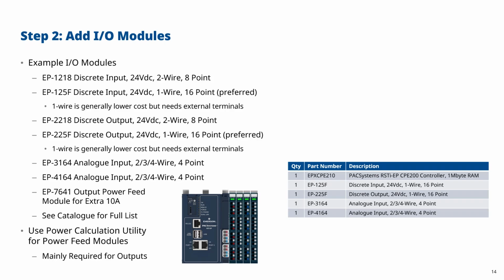Now generally, the 1-wire modules are lower cost than the 2-wire modules. First of all, you only need one of them, and then it's also cheaper from the point of view of 1 versus 2 modules. Also allows you to have more modules in the chassis, but you do need the extra termination for the return wires, assuming that each of your devices has 2 wires. So for most applications, we quote the EP125F, and then unless it's a very small I/O count, that will give the user the sort of standard PLC type arrangement they're used to, with a set of terminals for the actual